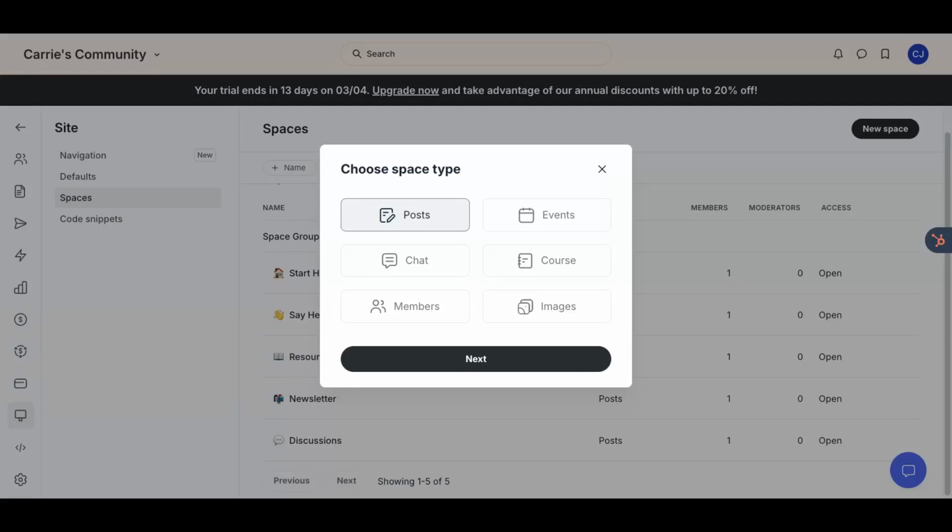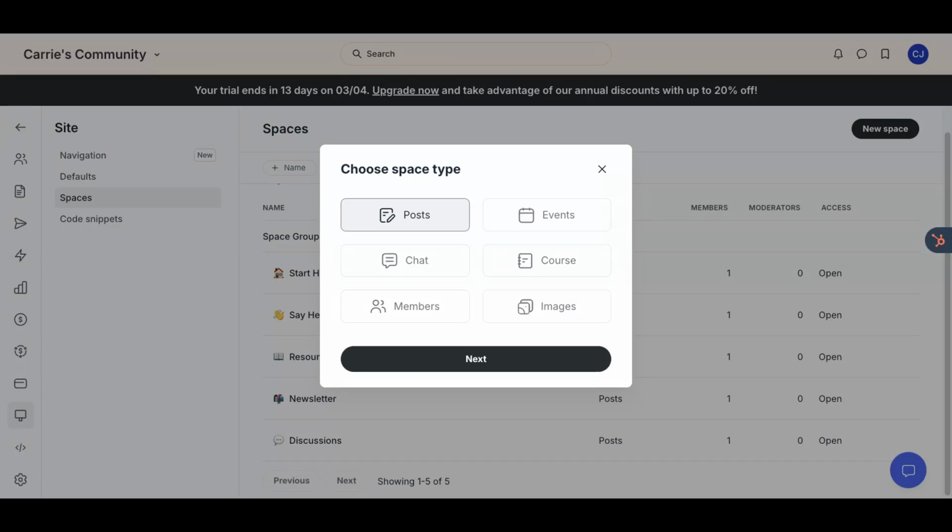Then there is a chat type space, which is more like your Slack or your Discord chat. The big caveat to this one is that nothing you create in the chat area, I'm going to take a sip of my decaf, nothing you create in there is searchable. Drives me crazy. I don't know if this will always be the case with Circle, but if anyone from Circle is watching this, please make chats searchable, or discourage people and make that more obvious, because we have lots of clients who've created chat communities and then realize none of that content is actually useful in the long term. But that is what a chat space is. Then you've got members. So this is your member database.